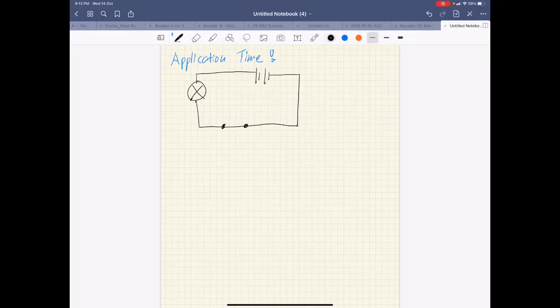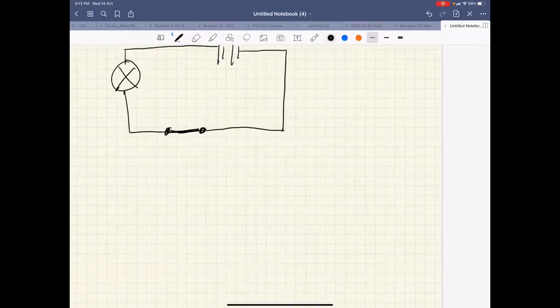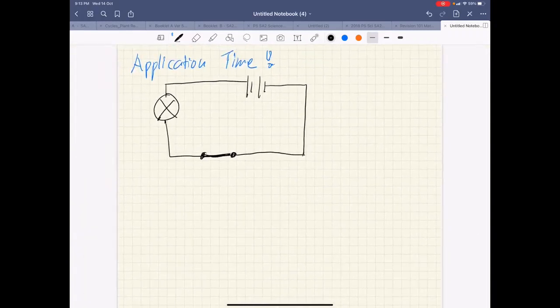Alright, so the question is asking you, what would happen if the switch is closed? In this case, I have drawn the switch closed already, and the question asks what will happen if the switch is closed. So in this case, it's closed, right? You need to think about a few things. I always teach my students to use this framework whenever you are answering questions pertaining to electrical circuits. The first thing I would use is C, which stands for